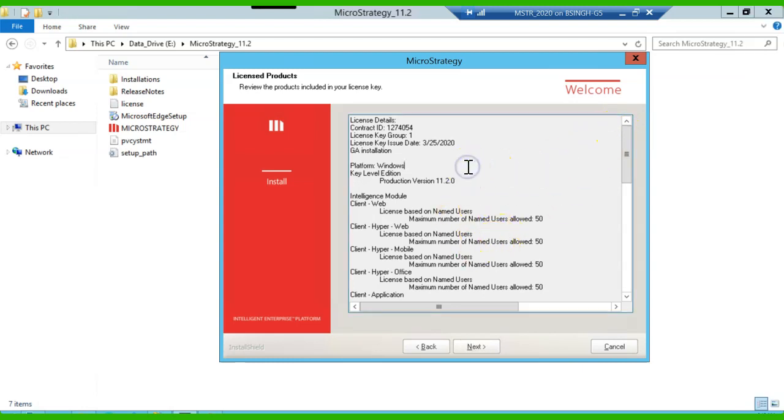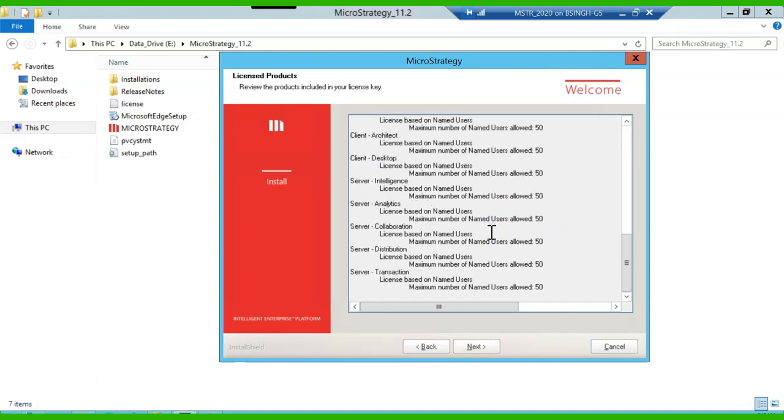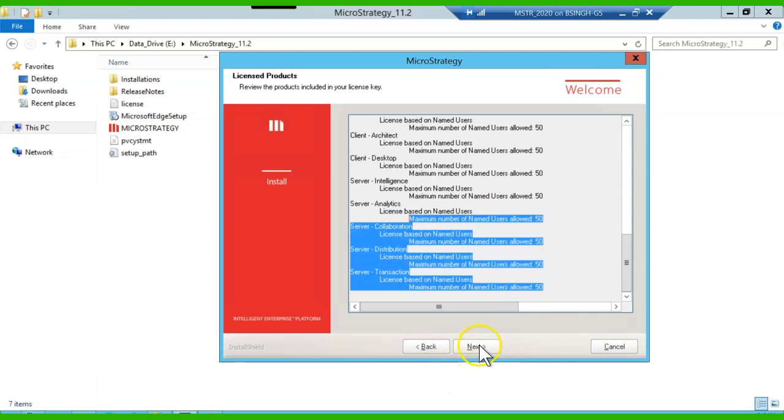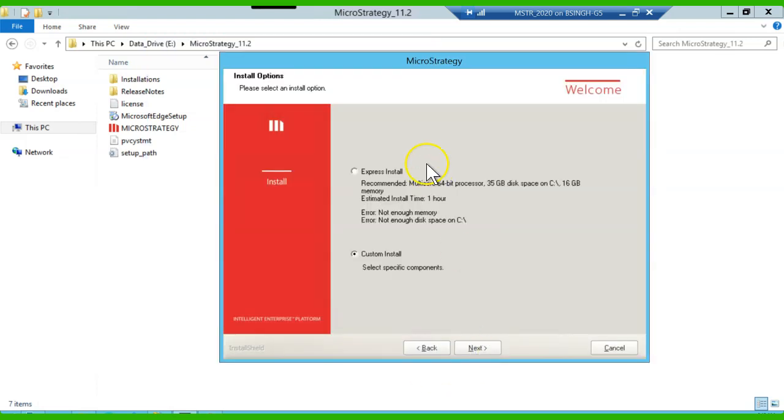it will give you your license details, and as you know, the product version 11.2.0, and your license user allowed maximum 50 users allowed for the web, and give you all the options about your license file. It depends on your license file. It may be a different number for you if you purchase the license. Okay, so let me hit the next button again, and if you are going to install everything on the single